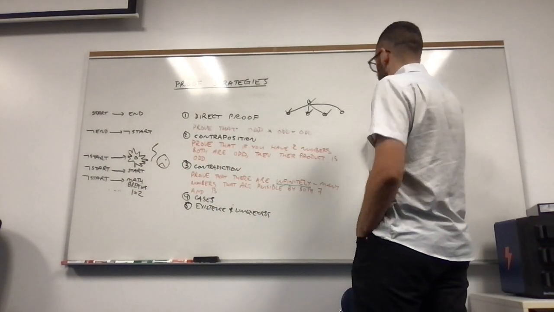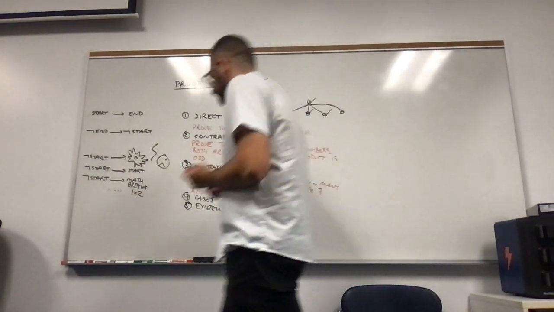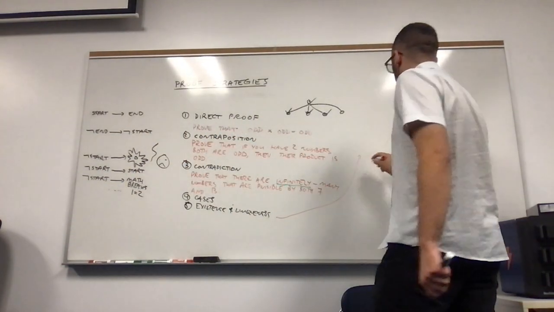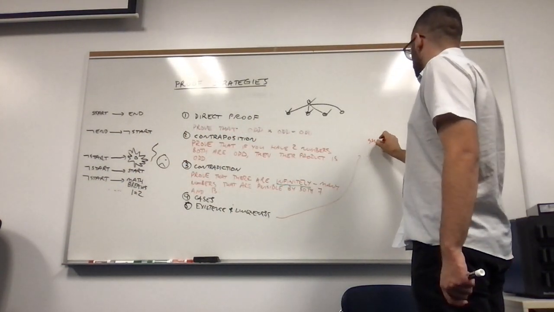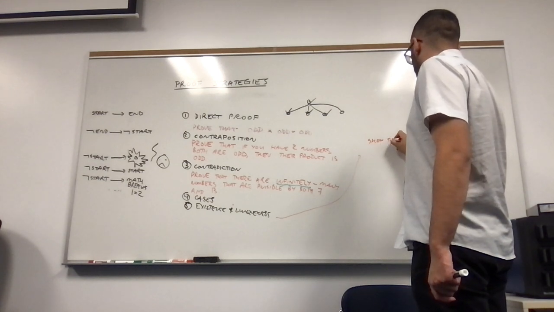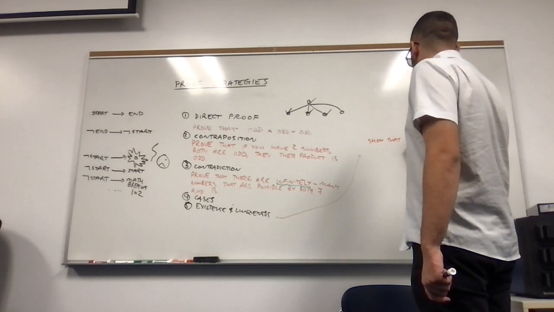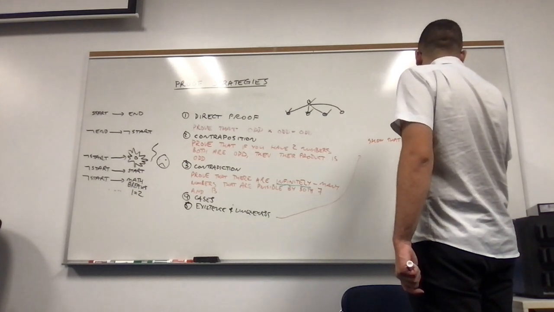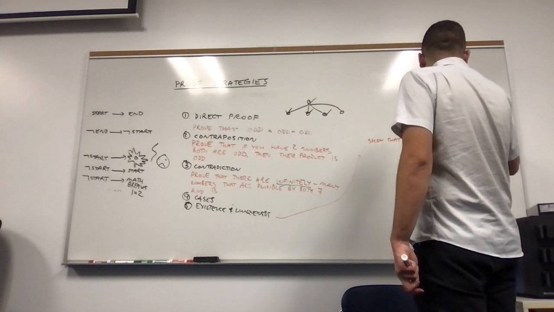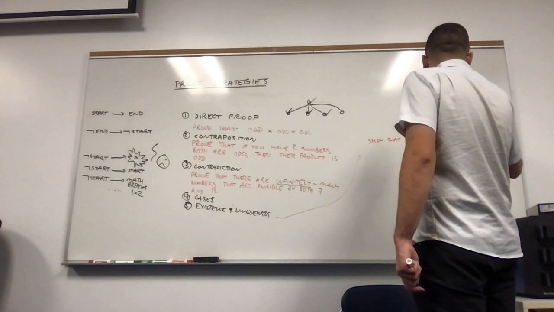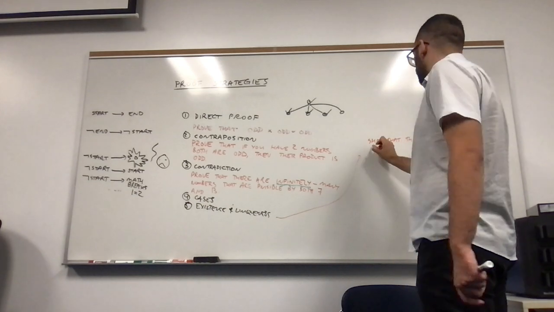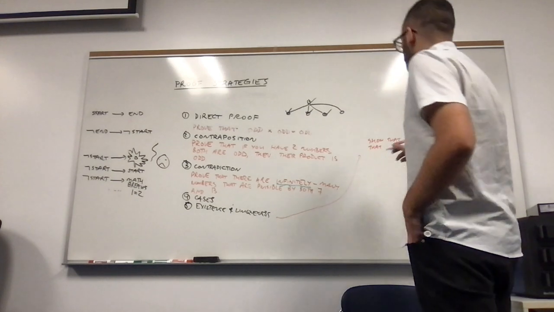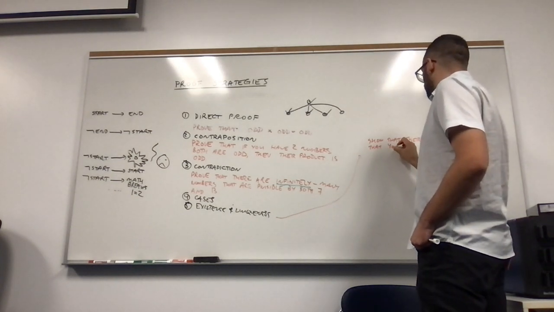It's a bit harder, but I'll write it in red. So an example for this one is: show that there is only one number that you can